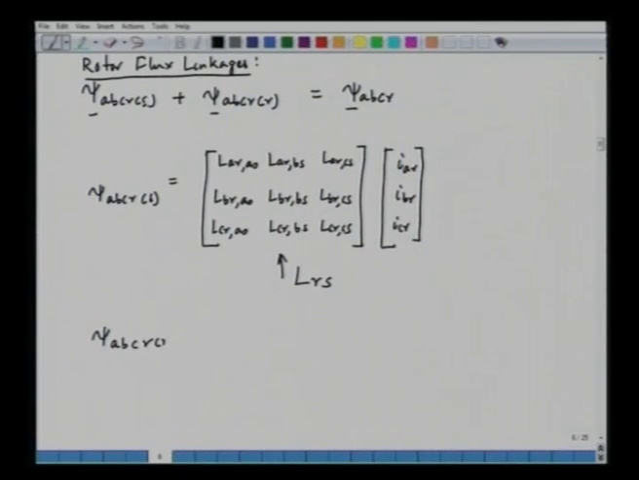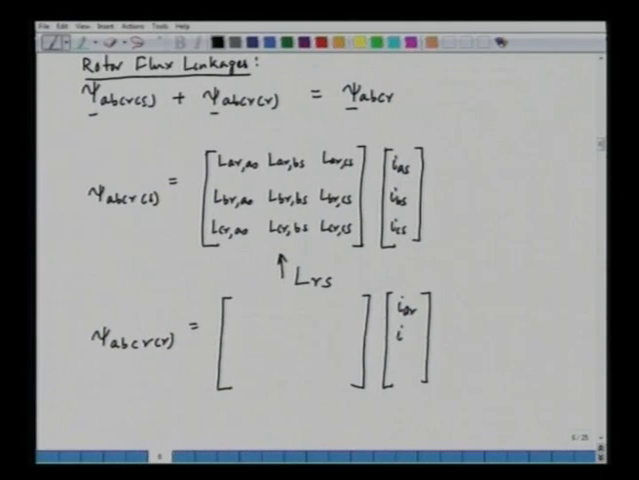Now, in a similar way, we can find out psi ABCR due to its own current. There is a small change here. These will be the stator currents, IAS, IBS, and ICS. Now, these will be the rotor currents, IAR, IBR, and ICR, and this matrix will be LAAR, LABR, LACR,